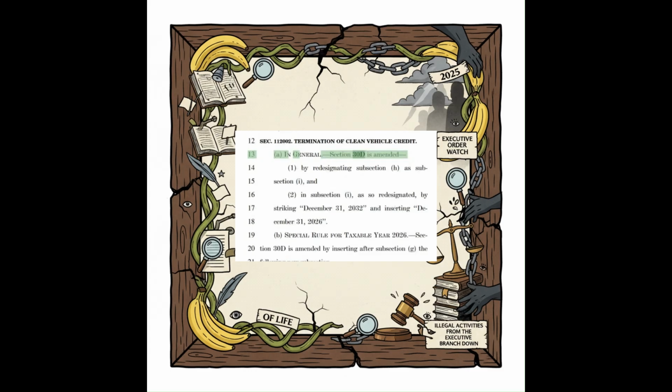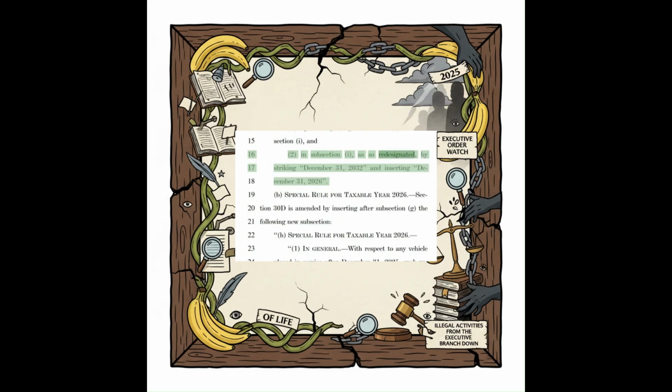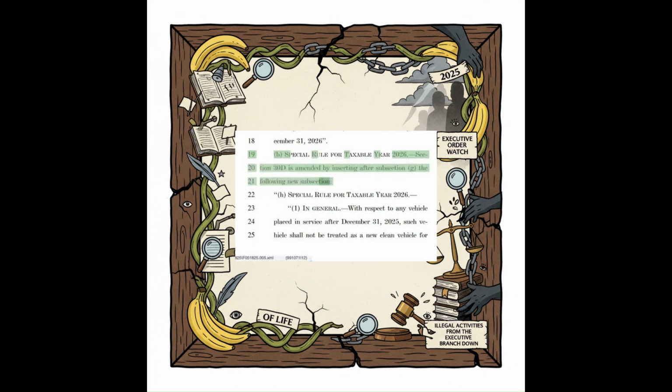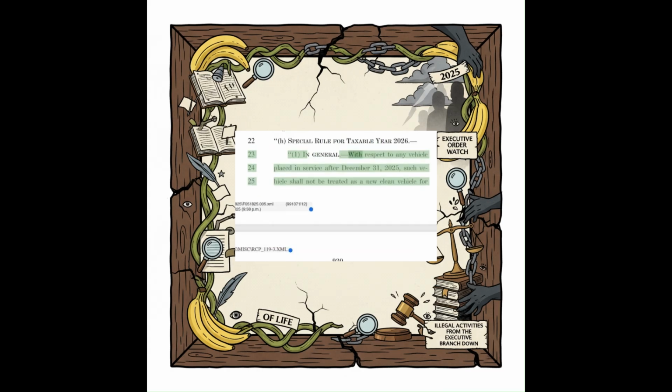Section 30D is amended by redesignating subsection as subsection and, in subsection as so redesignated, by striking December 31st, 2032, and inserting December 31, 2026. Section 30D is amended by inserting after subsection the following new subsection. With respect to any vehicle placed in service after December 31st, 2025, such vehicle shall not be treated as a new clean vehicle for